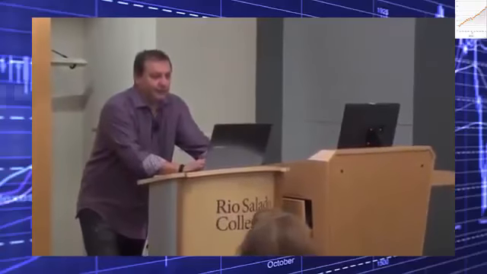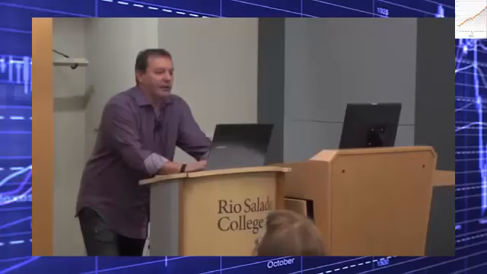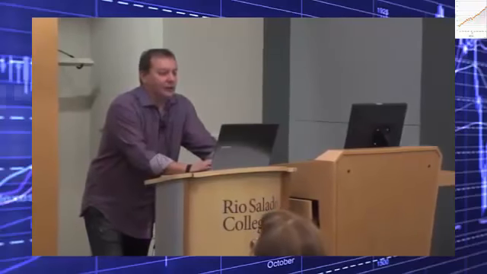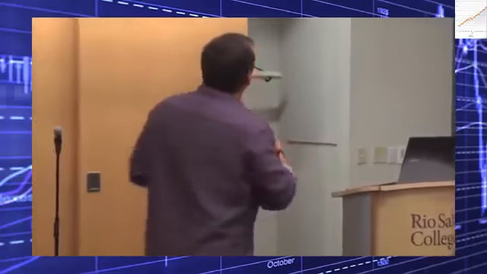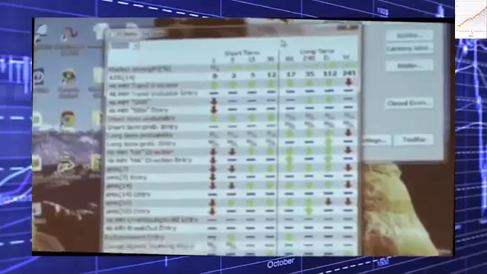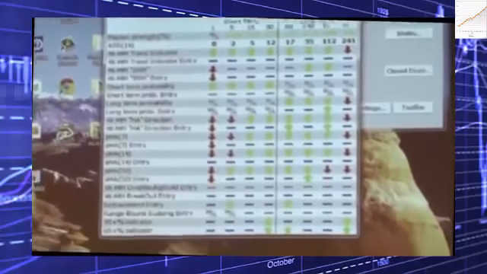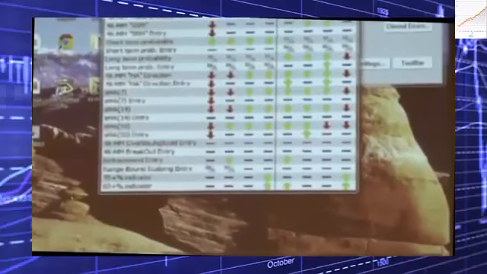Second, we have what we call the TS matrix. The TS matrix stands for trade signal matrix. These are the signals that basically are found on the different time charts. Again, 1 minute, 5 minute, 15, 30, 60, 240, and so on. And the different proprietary strategies that we use